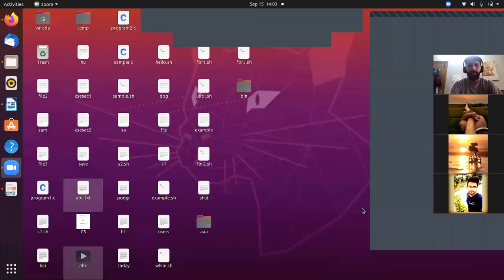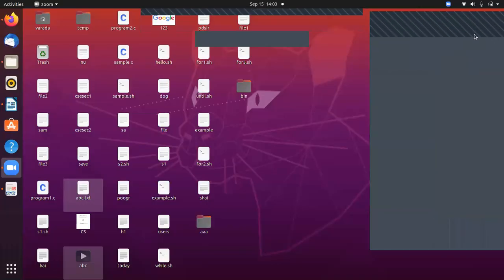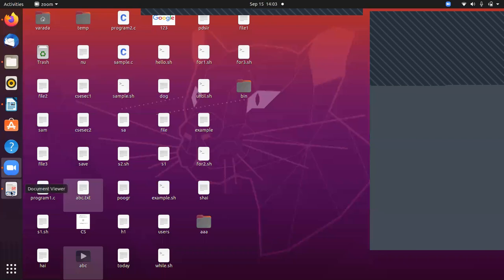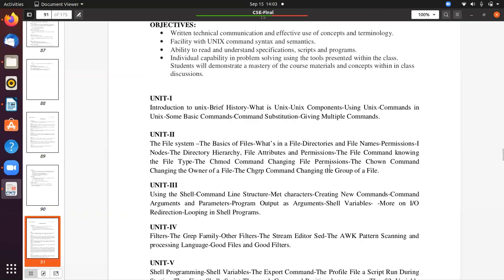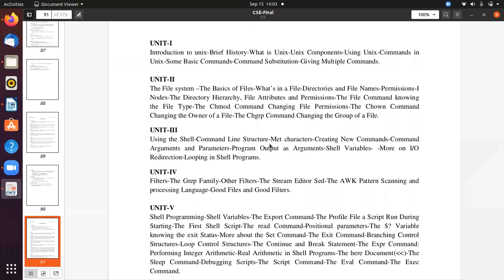So what we discussed in the last class was creating new commands. In yesterday's class we discussed creating new commands.